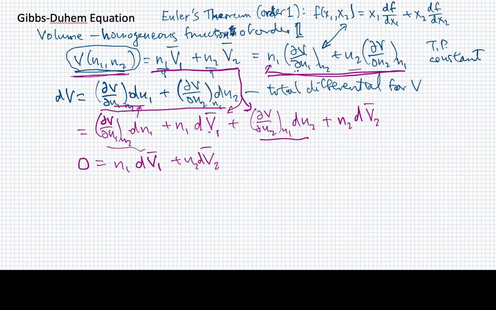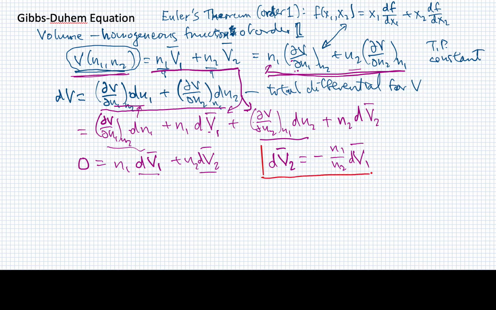Oops, dV2. So in other words, we have a relationship that links differential changes in the partial molar volumes. Another way to write this is that the differential of the partial molar volume of 2 could be written as negative N1 over N2 times the differential in the partial molar volume of 1. All right, so this relationship here